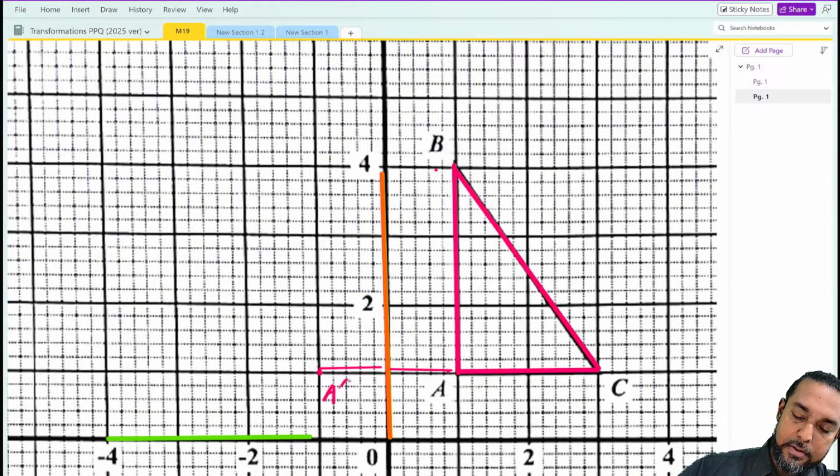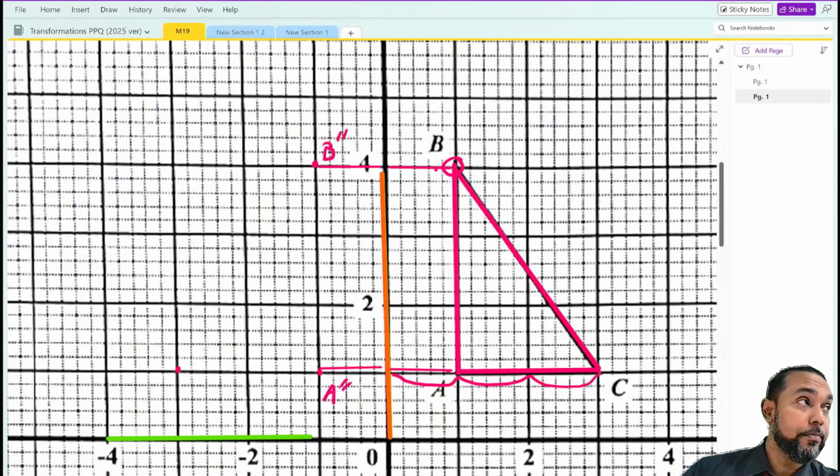Let's call that A double prime. Same with B. I just have 1 space to shift left, perpendicularly, to get from B to the mirror line. So therefore, the reflected point will be 1 space on the opposite side. Let's call that B double prime. C now, how many spaces are there to go? 1, 2, 3. So its reflection will be 1, 2, 3 units on the opposite side. So that's about here.